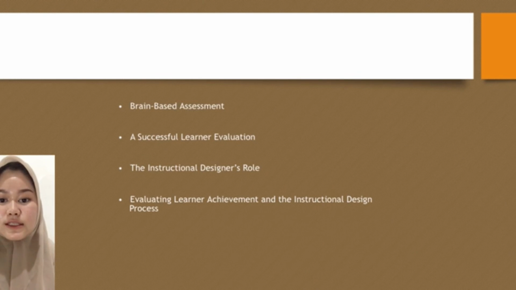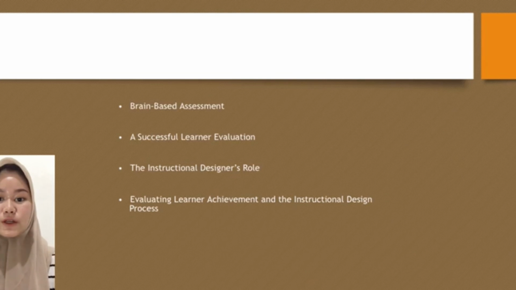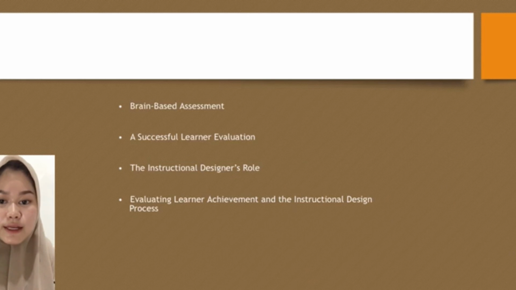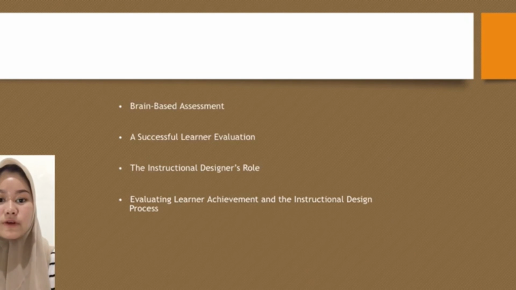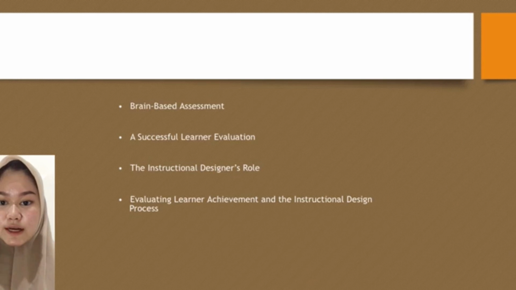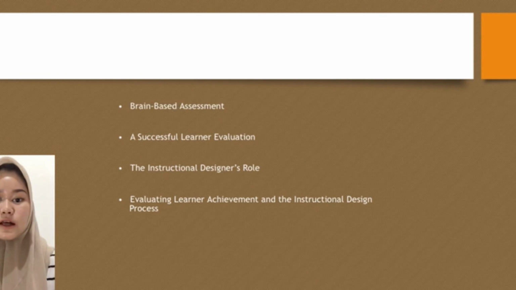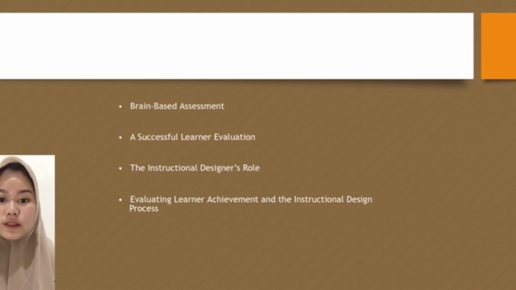The instructional designer's role. The role of an instructional designer is to help create and execute a plan of action to design, develop, and implement an efficient and effective learner evaluation. An efficient and effective learner evaluation is one that provides appropriate data that help determine the success level an individual has achieved as a result of instruction. This plan of action should include these following elements, like analyze